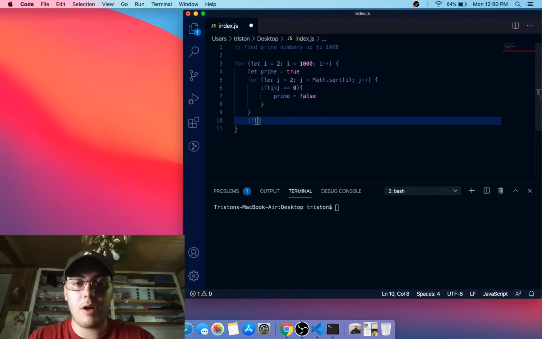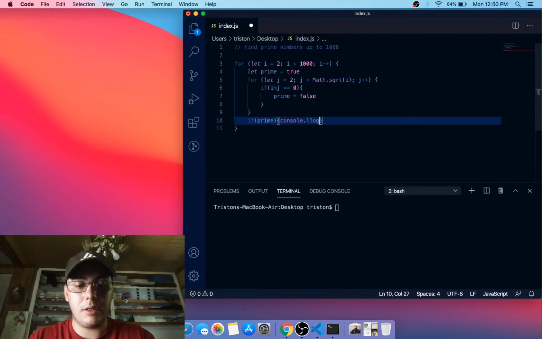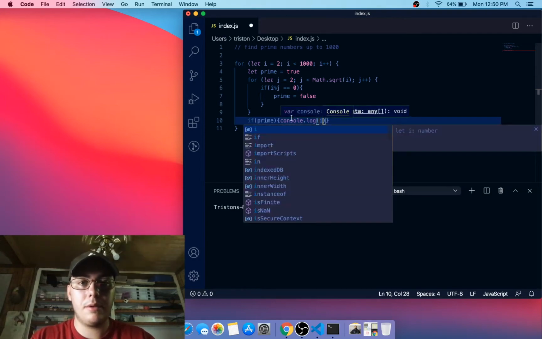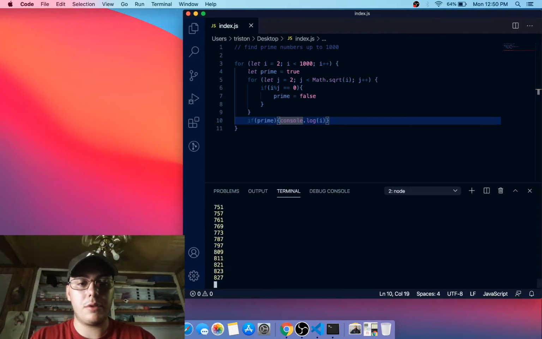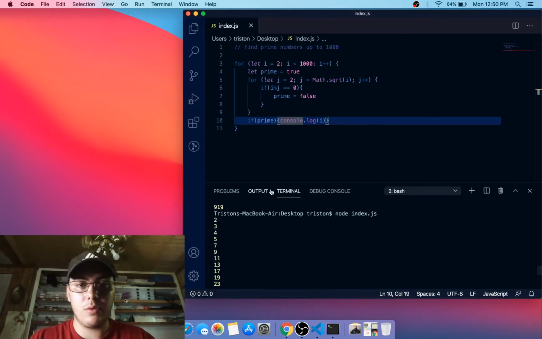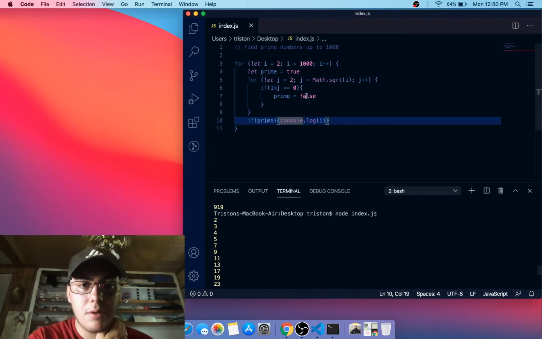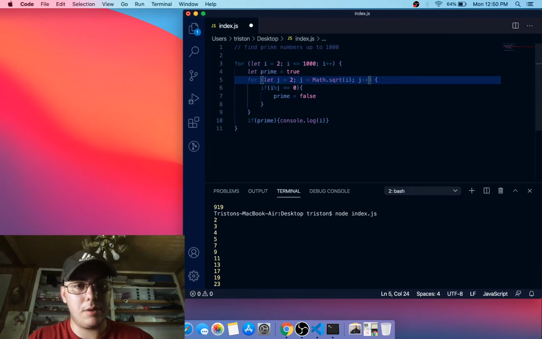Now we just check if prime, we just console.log. Geez, can I type? Console.log I. Just like that. If I save it and run node index.js, it's instantaneous. If we go up 2, 3, 4, I missed something. Oh, I missed. This is supposed to be equal to, and this is supposed to be equal to. Now if I run it,